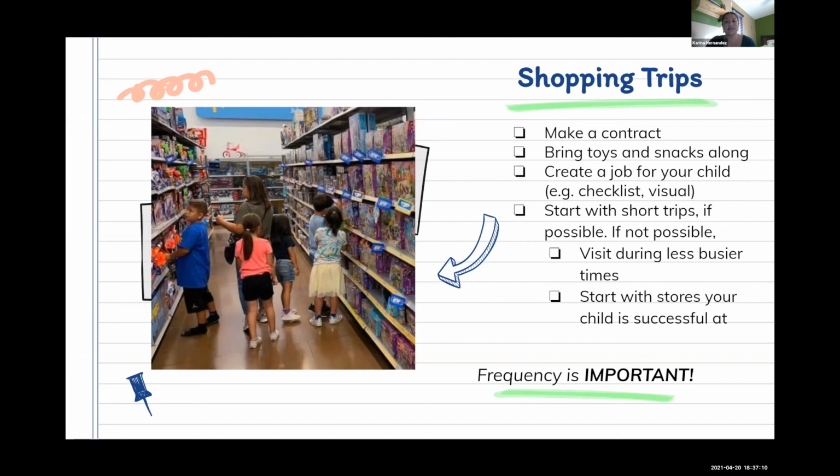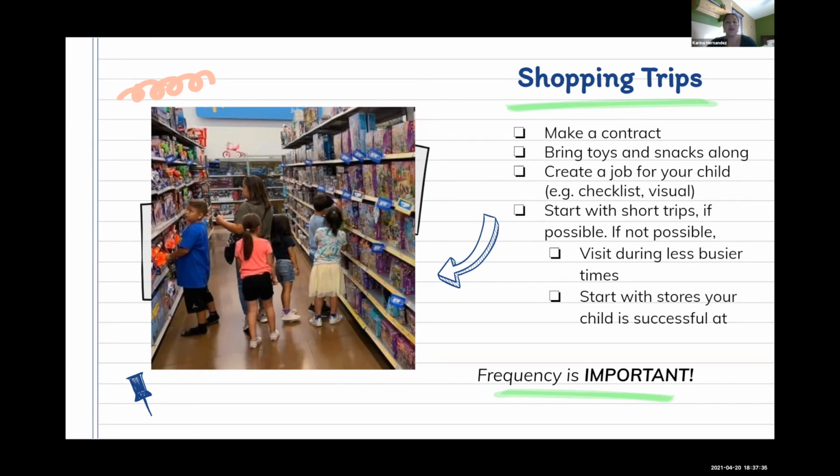The next one is creating a job for your child to keep them busy. Help me pick all the vegetables, help me pick all the fruit, put them inside the cart. It gets fun. The last one is starting with short trips if possible, meaning that will be an opportunity for you, your child, and your family to work on this skill, helping them accept no to a toy